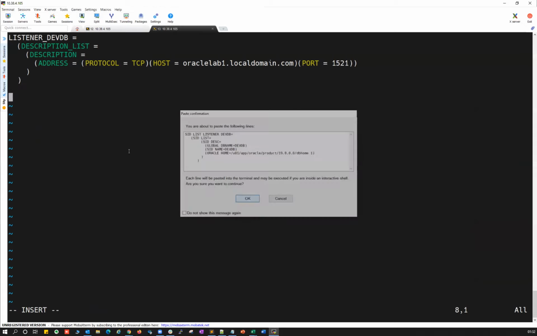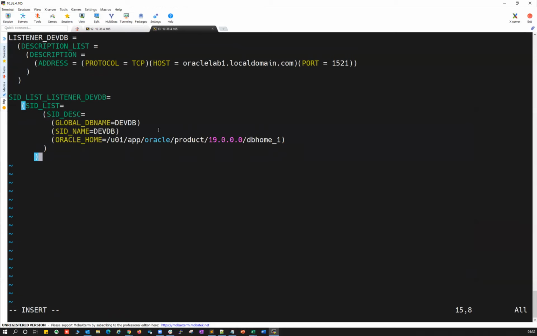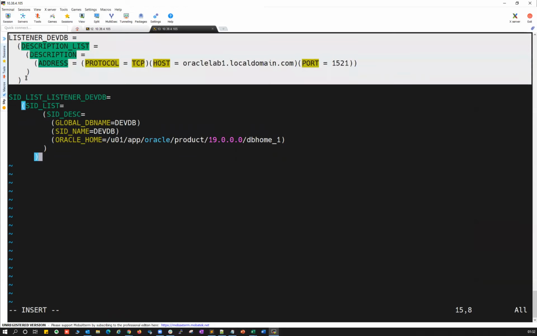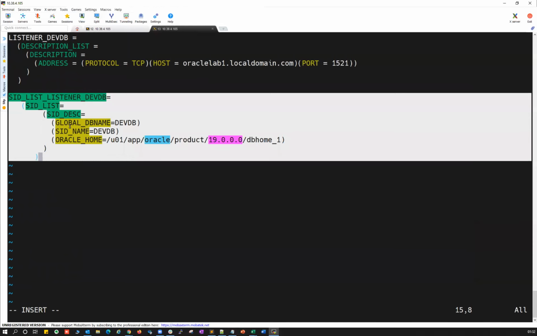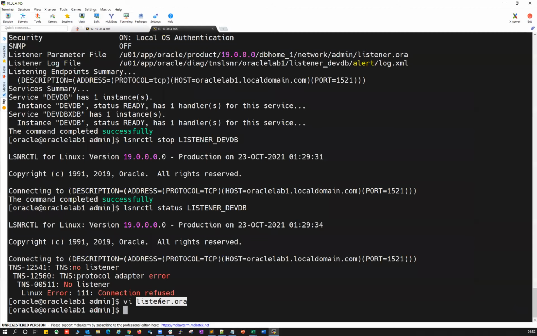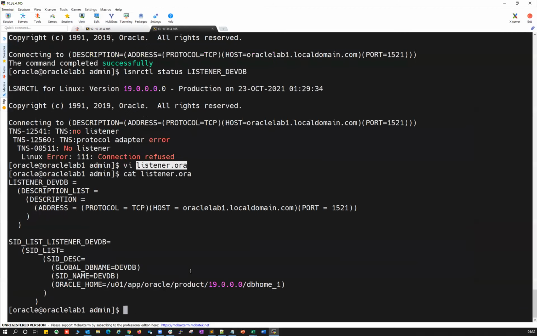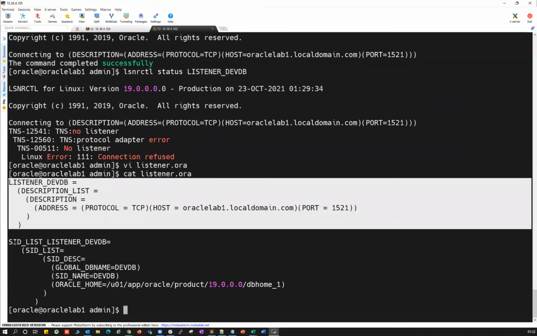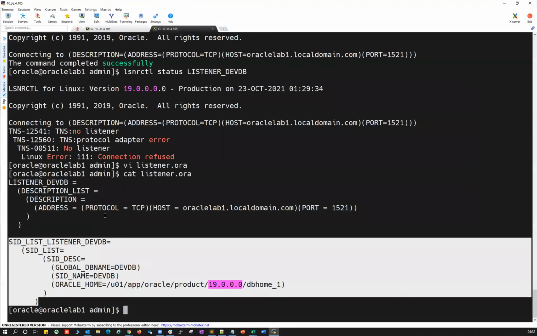I'm just going to register my database with the listener forcefully. For example, during the listener startup, your database will get registered statically, right? So this is your typical listener configuration. If I do cat one more time to verify your listener details and your instance details, now go ahead and start your listener.